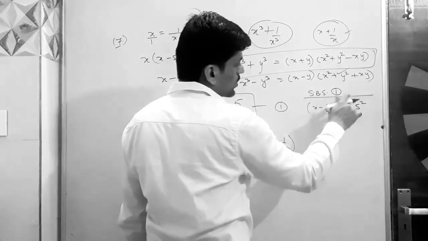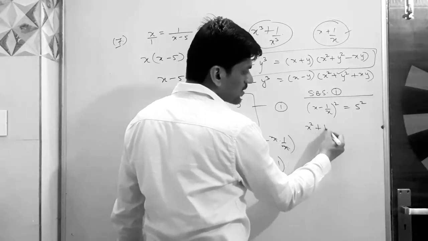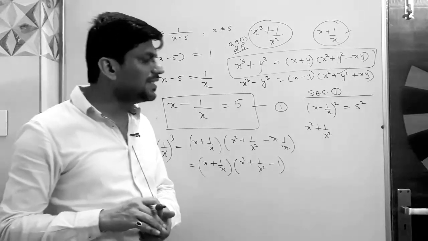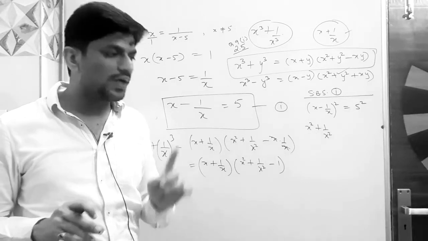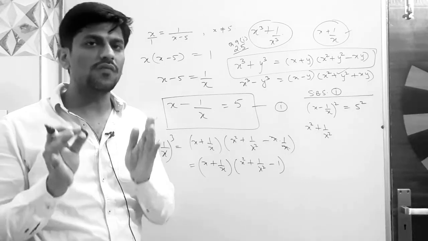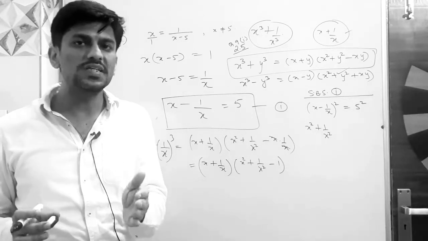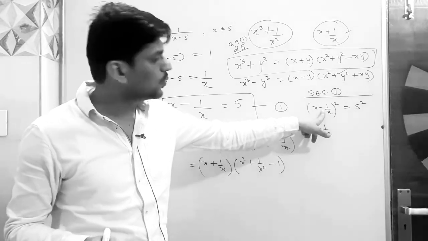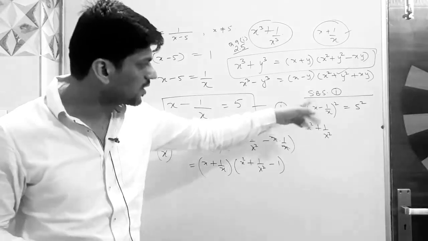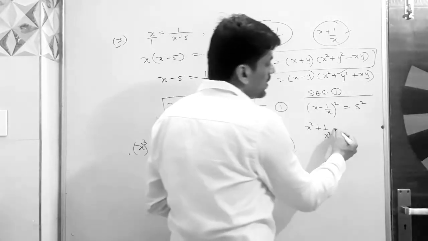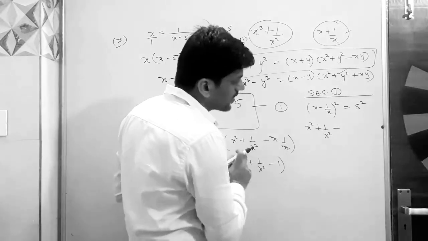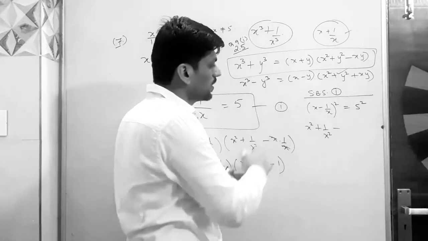So okay, (a minus b) square is a square plus b square minus 2ab. You always remember that either it is (a minus b) to the whole square or (a plus b) to the whole square, it always comes with a square plus b square plus 2ab or minus 2ab depending on the sign which is inside this bracket. Alright, so the sign is minus, so it is minus 2ab, but a square plus b square will always be positive. That's why I can calculate this by squaring. That's why we do it.